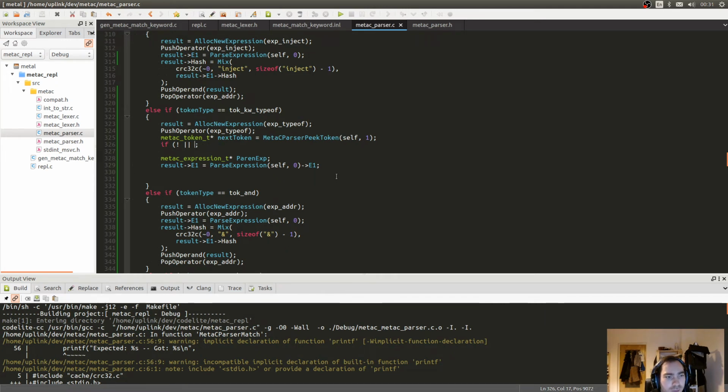So if there is no next token, or the token is not token help paren